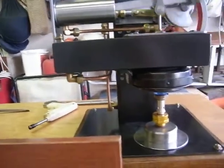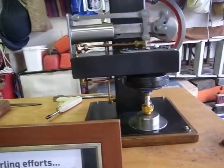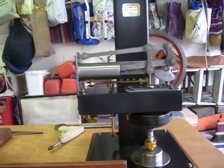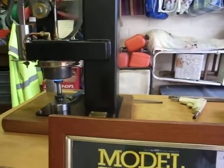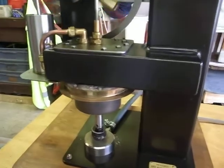These are very satisfying things to make. For one, they don't have a boiler. You don't have to get them boiler tested. They're 100% safe, there's no pressure in there. And they reward good workmanship. If there's anything that's misaligned, they will not work at all. Most engines, if you stick a feather on the flywheel, you'll stop them. Not too much